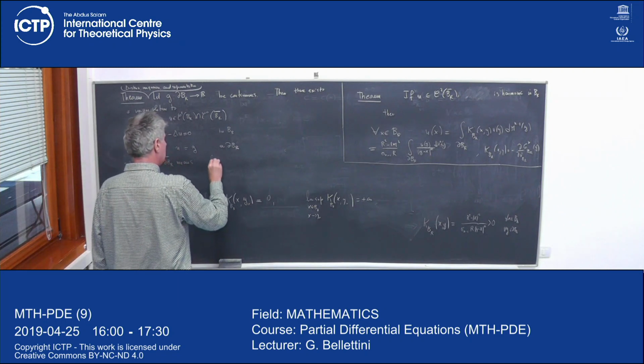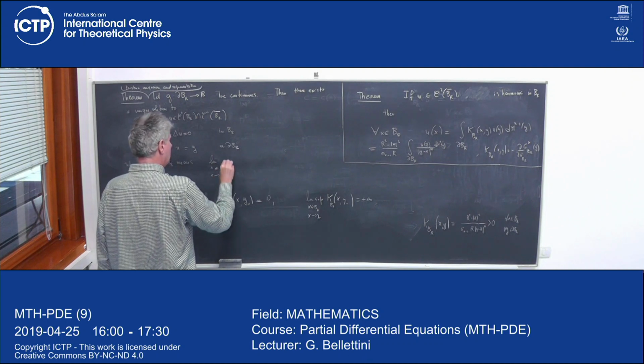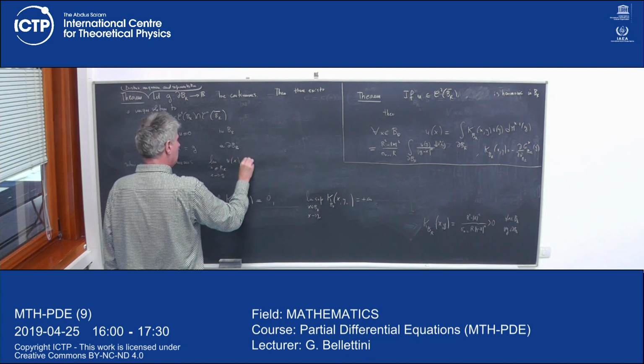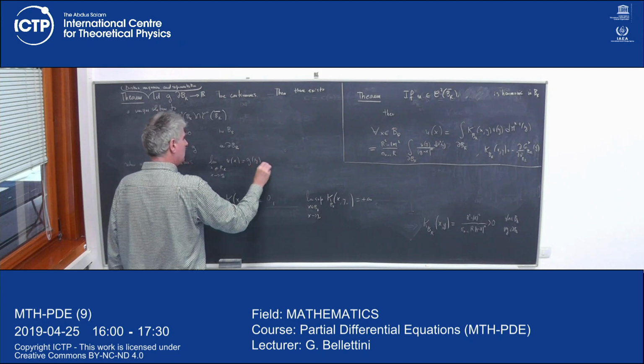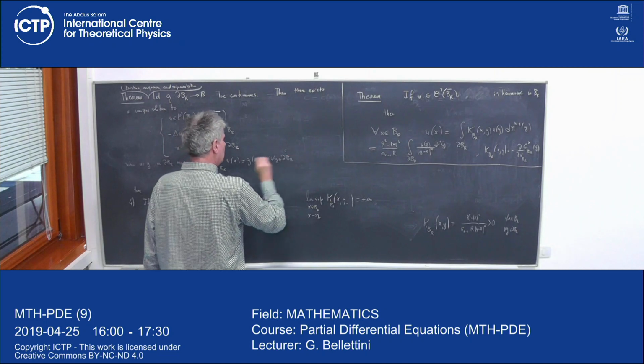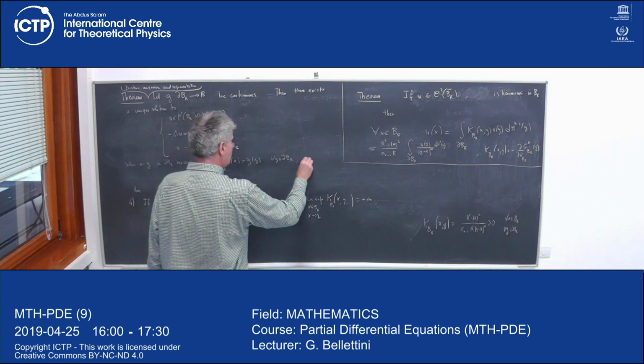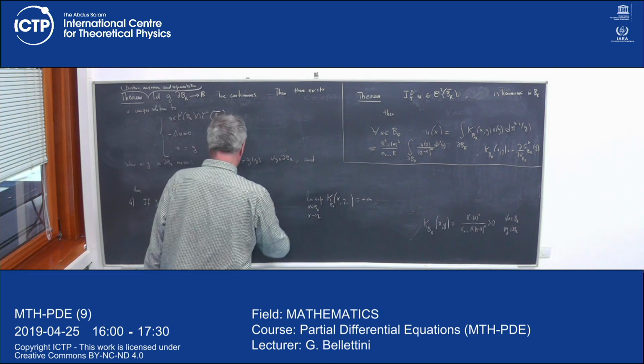So the limit as x goes to any point y of the boundary of u(x). Then there exists a unique solution, and such a solution is given